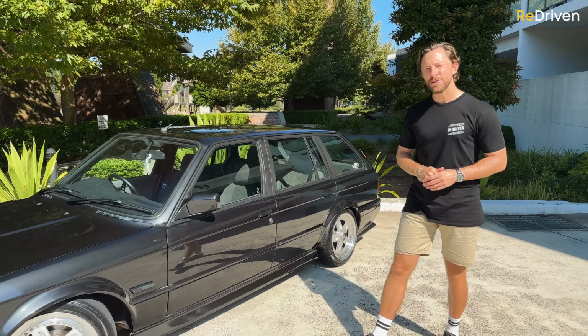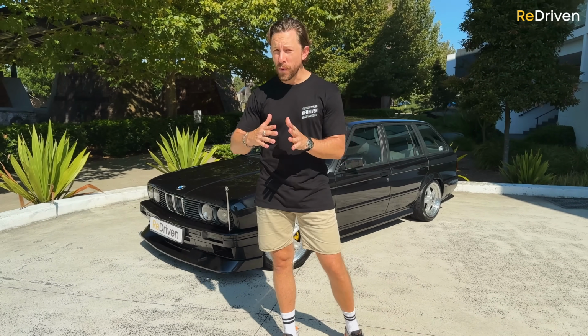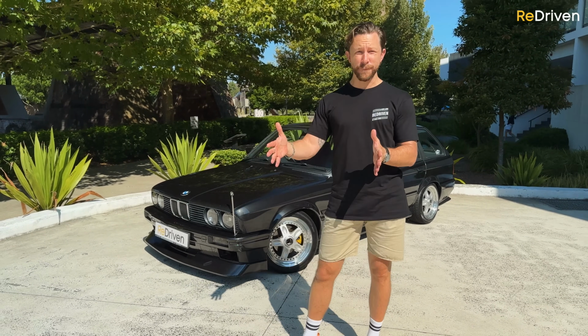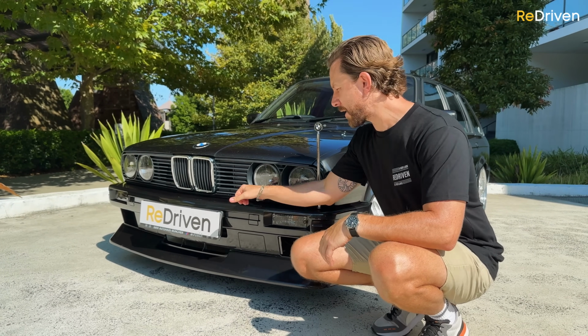Now, the critical to know stuff: the E30 was BMW's second generation of 3 Series, and it was produced from 1982 to 1994. BMW constantly honed the E30 all the way through its life cycle, especially in 1985, but most substantially in 1987, which is often referred to as the Series 2. And a hot tip, the easiest way to spot a Series 2 is the lack of chrome trim on the